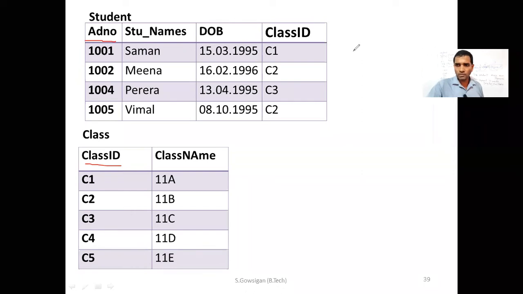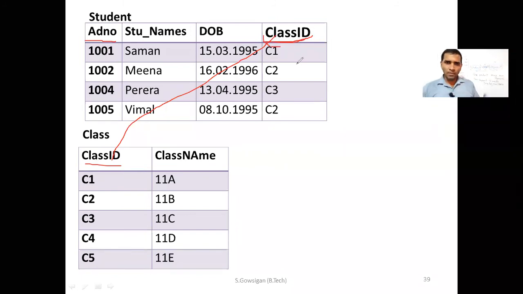What is the foreign key here? Class ID. You can't just say class ID. Class ID in which table? Class ID of the student table. Yes, class ID in the student table, this one. So we create the relationship in this manner. A primary key of one table and the foreign key of another table are connected, right? Okay, so class ID is the foreign key here, right?